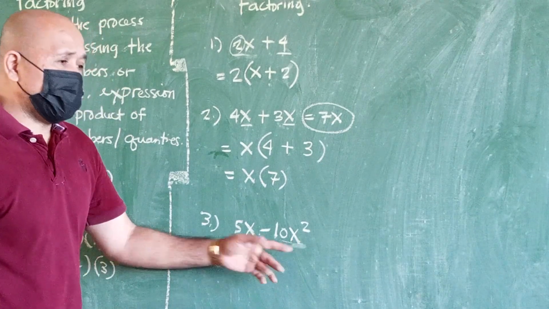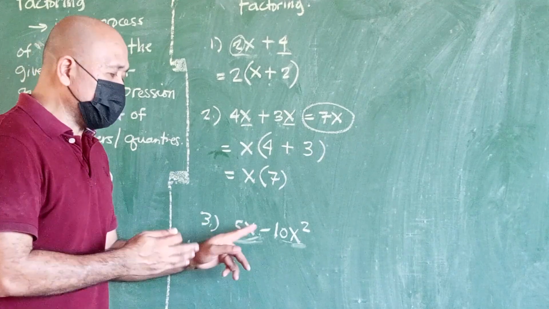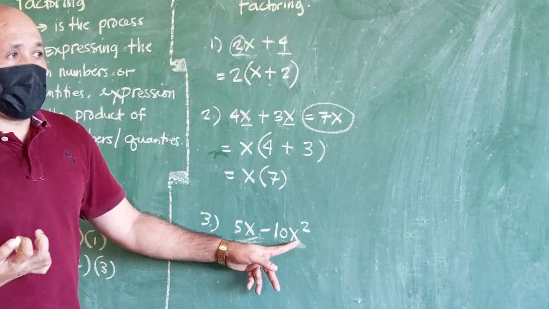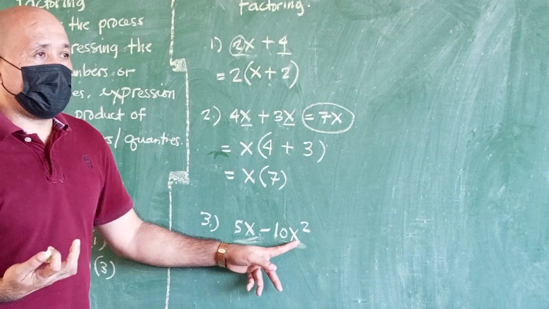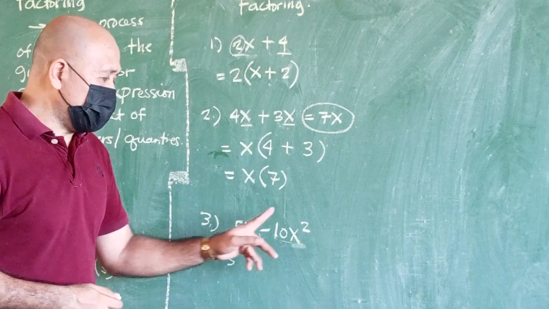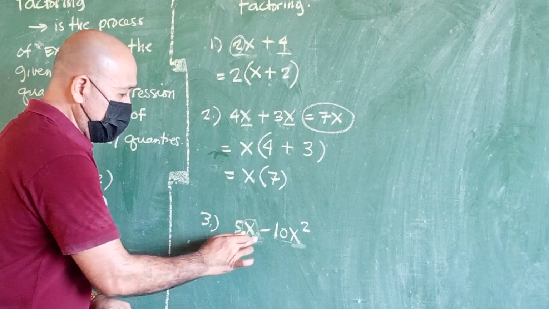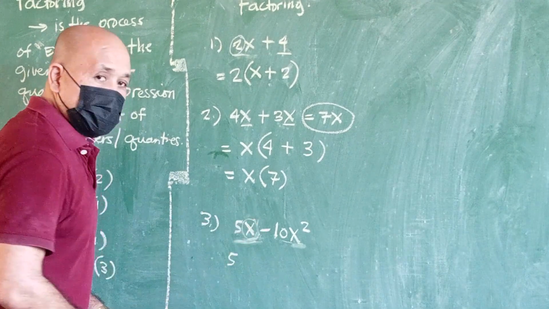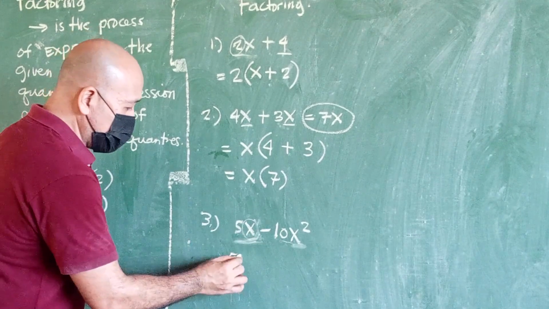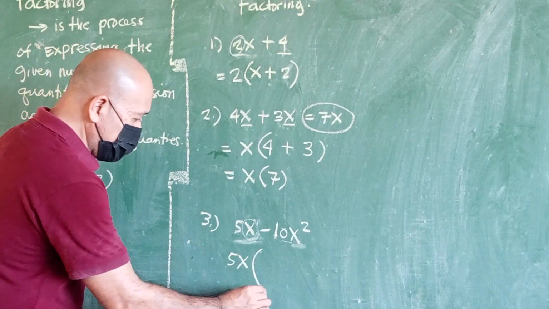The next thing that you're going to do is between the x in first term and second term, you have to factor out the variable that has smaller exponent. So between x here and x squared, the smaller is x because it only has 1 as exponent. So this is the x that you need to factor out along with 5. And after that,